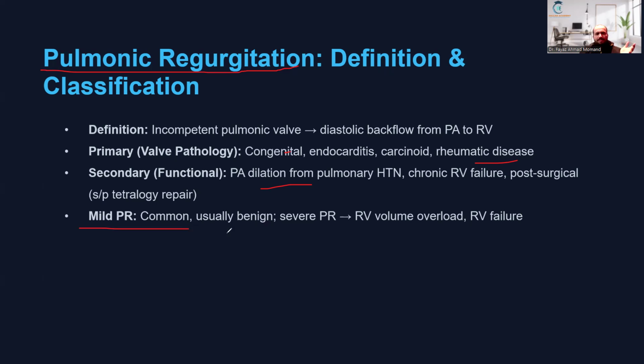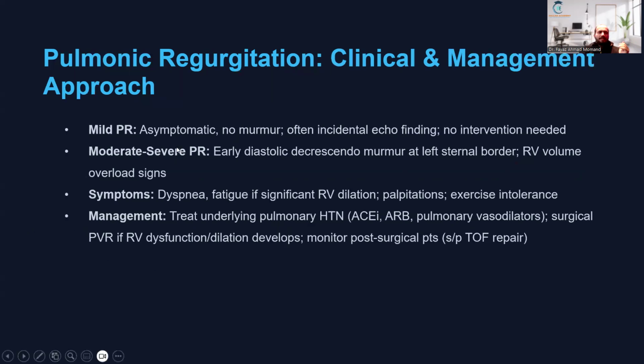Mild is common and usually benign. There is no harm to patients, so we can leave it alone. Severe regurgitation can cause right ventricular overload and right ventricular failure, so we need to do surgical treatment for it. Once again, if it is mild, we leave it alone. In moderate to severe, you can hear an early diastolic crescendo murmur at the left sternal border, and right ventricular volume overload signs like peripheral edema, ascites, etc. Symptoms can be vague like dyspnea, fatigue,